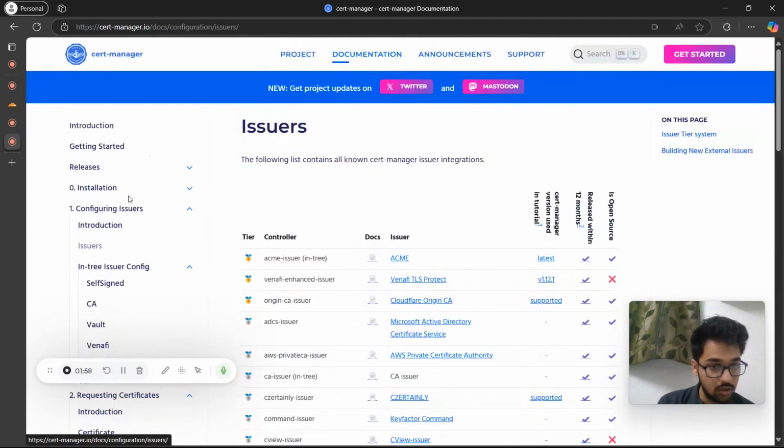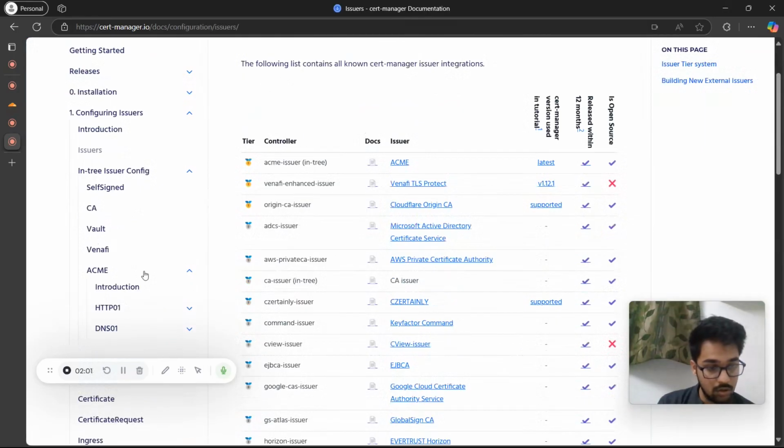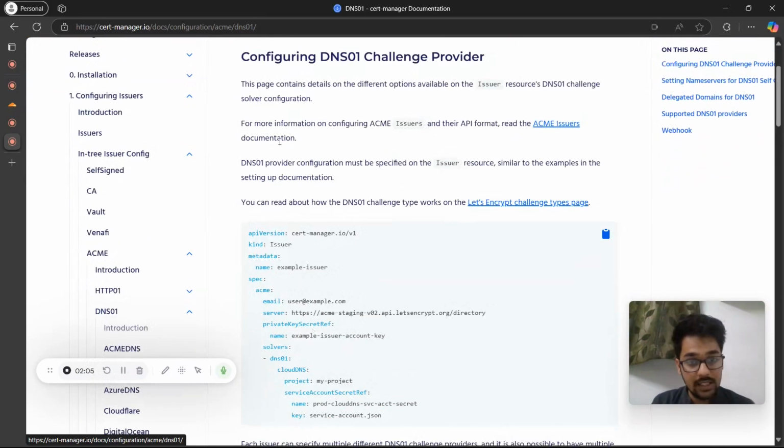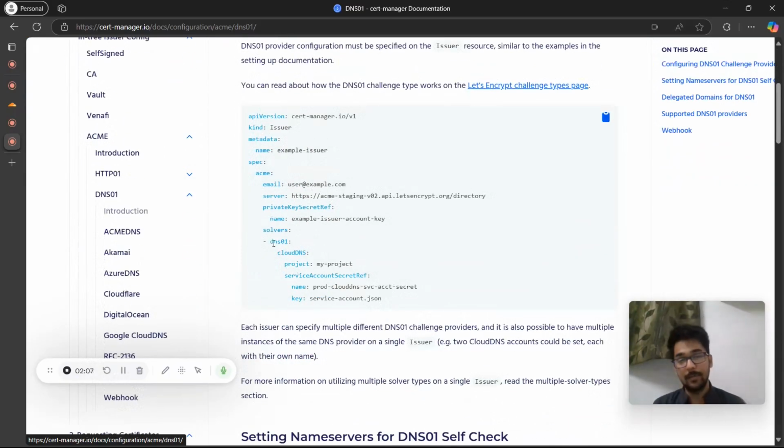Good. Issuer. Okay, so here is the DNS solver. If you remember, the solver we used earlier was the HTTP solver. For the DNS solver,